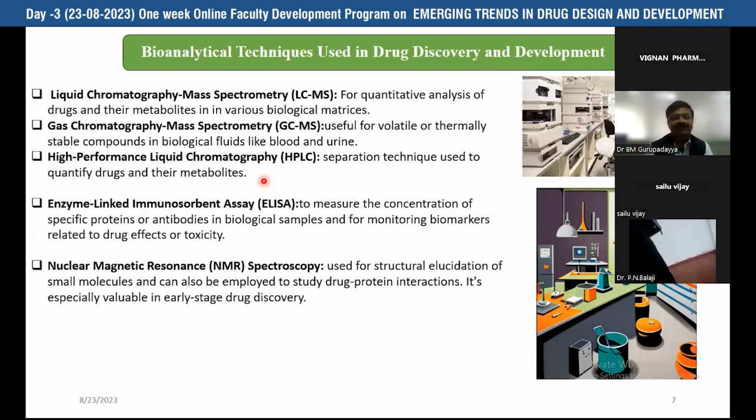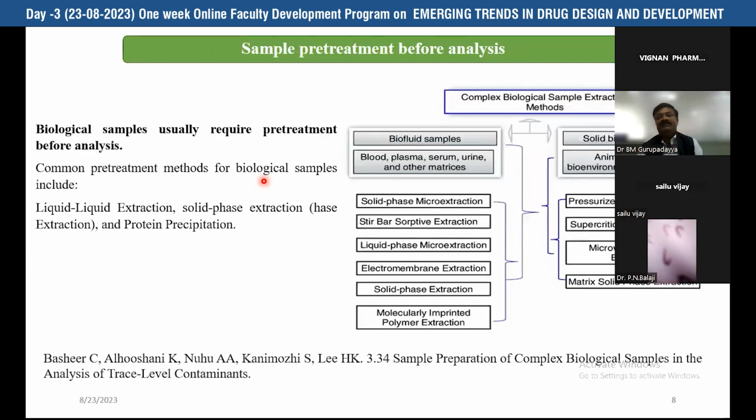Then followed by that, NMR is one more technique. NMR is also one of the analytical instruments. It gives information about the molecules and their structure, which can be well identified and elucidated by using NMR. NMR is also helpful for the identification of drug-protein interactions, which is helpful in early-stage drug discovery research. Now, as we have planned for the bioanalytical approaches in drug discovery and development,